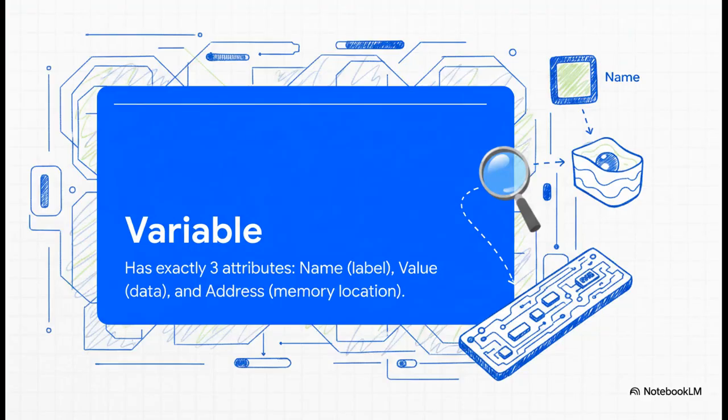Okay, so before we even touch pointers, we actually have to hit reset on how we think about standard everyday variables. We're just so used to thinking about them strictly by their names and values, right? Like you say int x equals 10, and you just think of x holding a 10. Simple. But in C, every single variable has exactly 3 attributes. Yes, it has a name, like x, and yes, it has a value, like 10, but crucially, and this is the whole secret, it also has a physical memory address, a literal physical location in your computer's RAM, which usually looks like this crazy long string of hexadecimal characters, something like